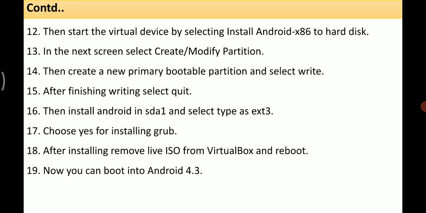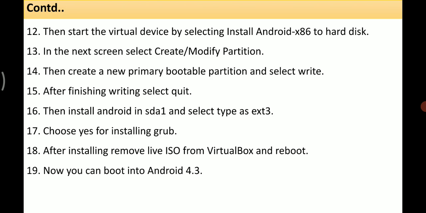Then we start the virtual device. On the screen, we select Install Android x86 to the hard disk. On the next screen, you select Create or modify partition. Then we create a new primary bootable partition and select Write.